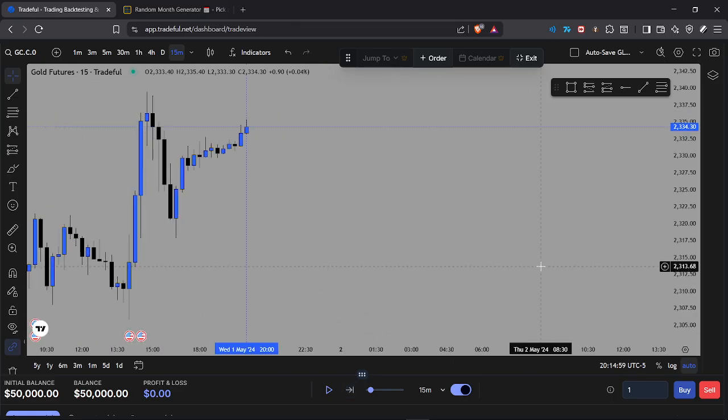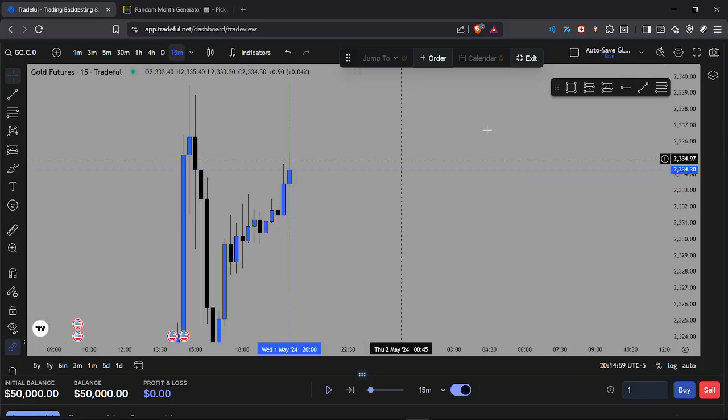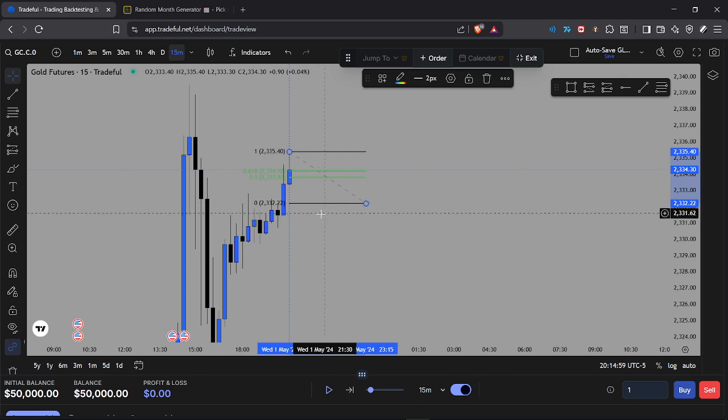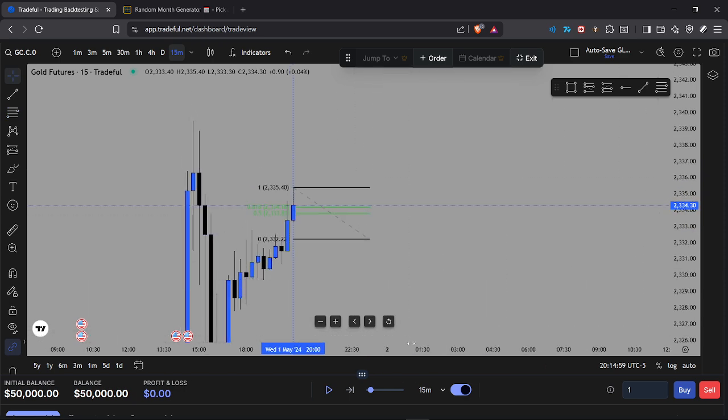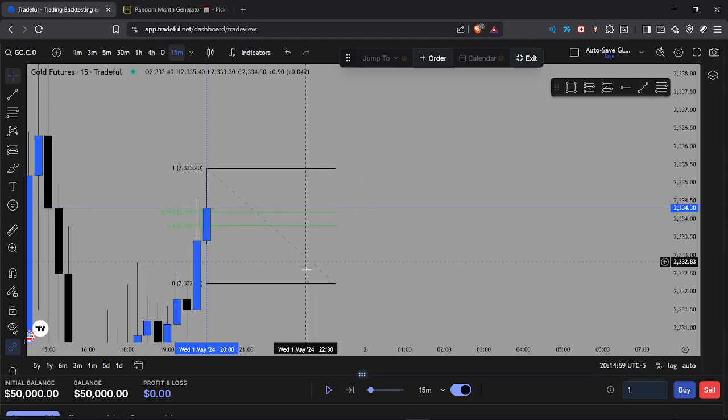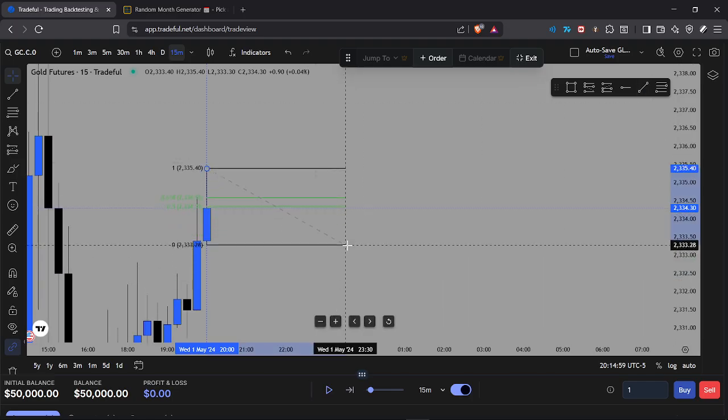Okay, your first one. Now this is going to be your ORB. You're going to apply your standard deviation, your OTE on this. Right, and then